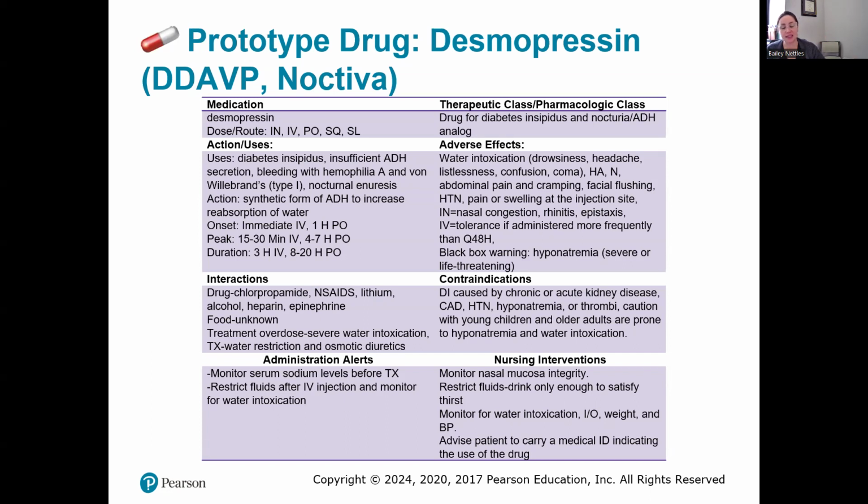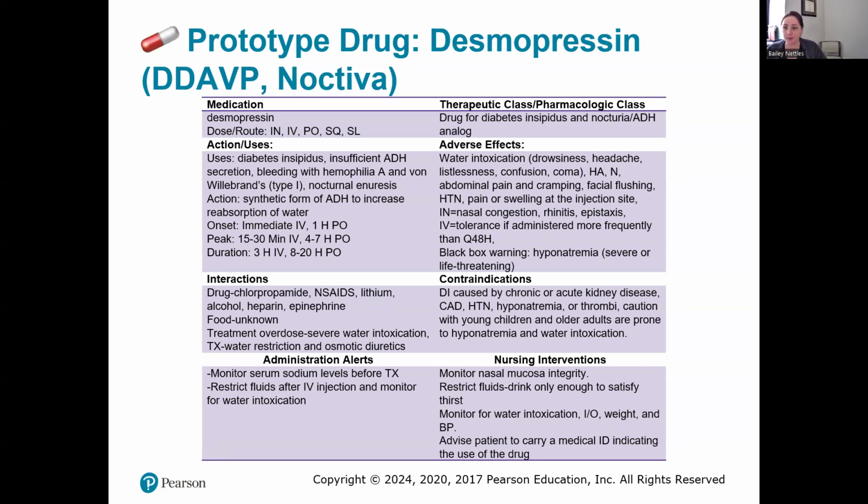So this is a synthetic form of ADH to increase your absorption of water. It works pretty fast, IV, it's pretty immediate onset. And even the PO is 1 hour. That's pretty fast. All right, so things we want to monitor for and look out for with the adverse effects: